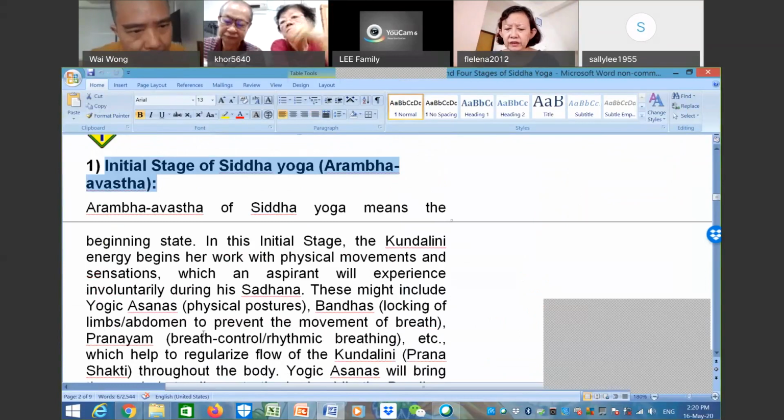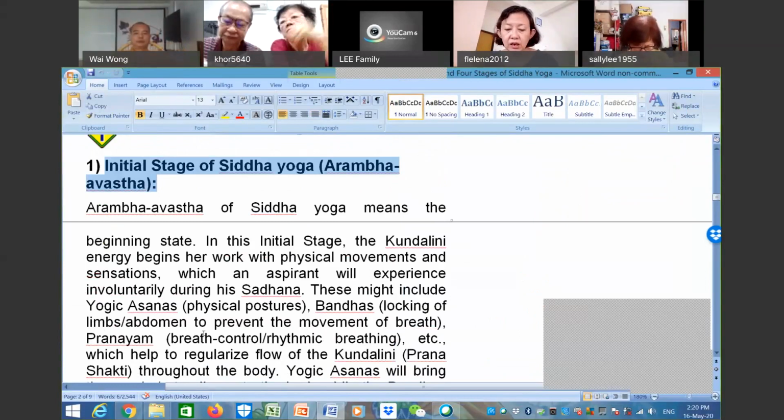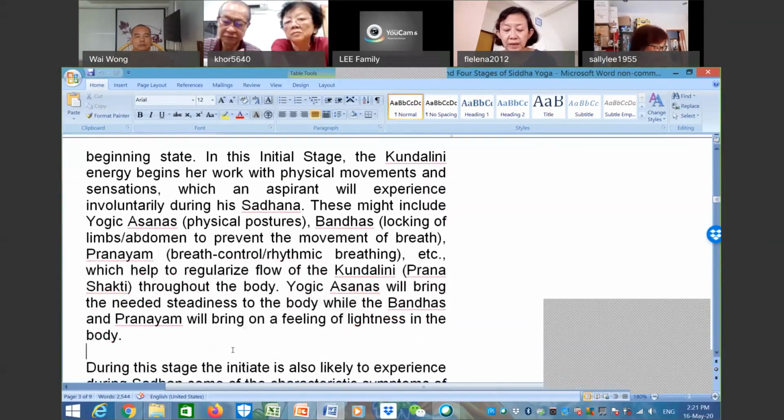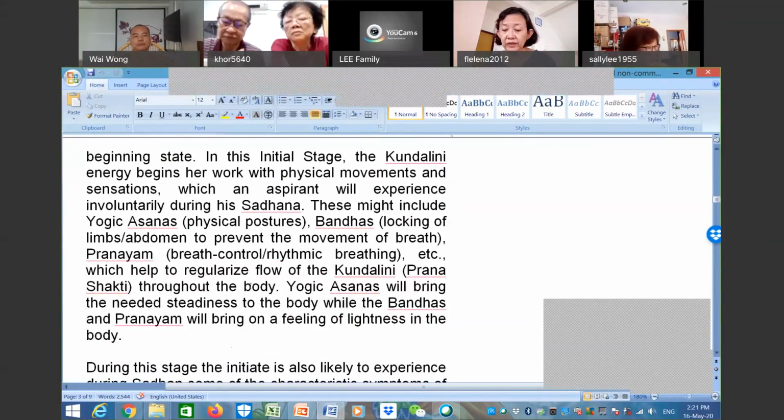Initial stage of Siddha Yoga, Arambhaka Avastha. Arambhaka Avastha in Siddha Yoga means the beginning state. In this initial state, the Kundalini energy begins to work with physical movements and sensations, which an aspirant will experience involuntarily during his sadhana. This may include yogic asanas, physical postures, bandhas, locking of limbs to prevent movement, pranayama, breath control, rhythmic breathing, etc., which help to regulate prana shakti in the body. Yogic asanas will bring the needed steadiness to the body, while the bandhas and the pranayama will bring